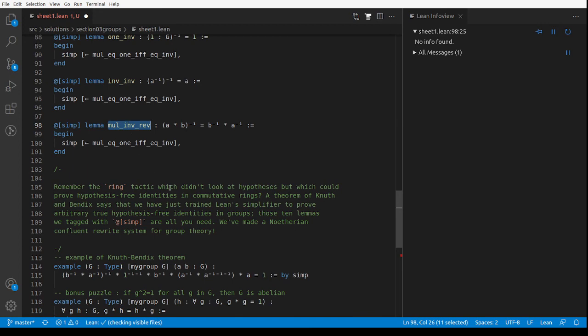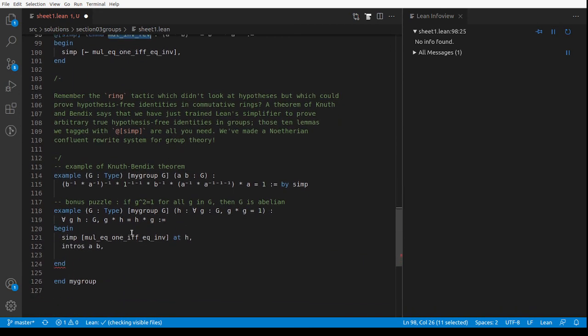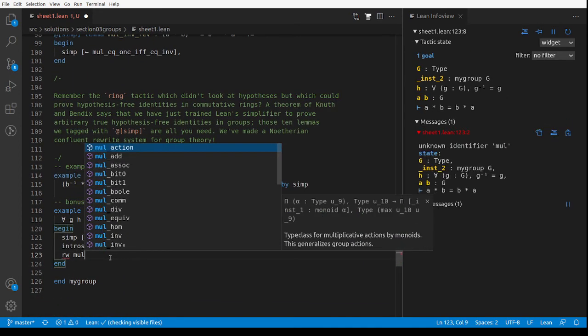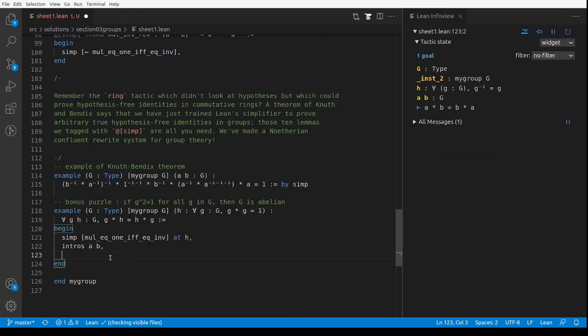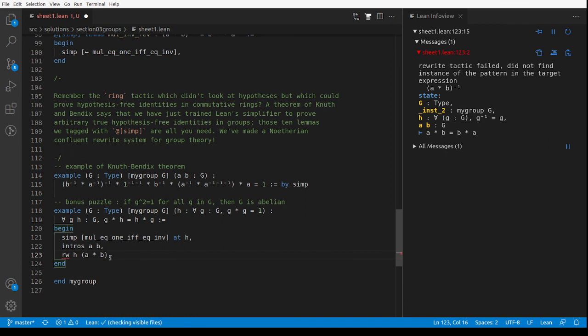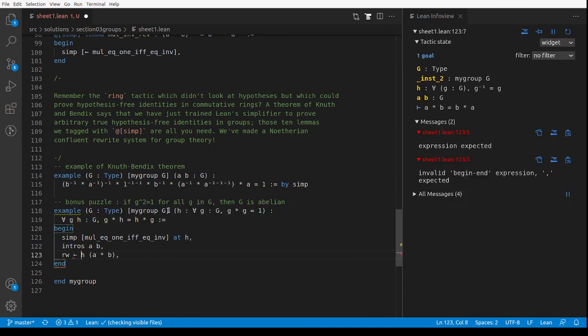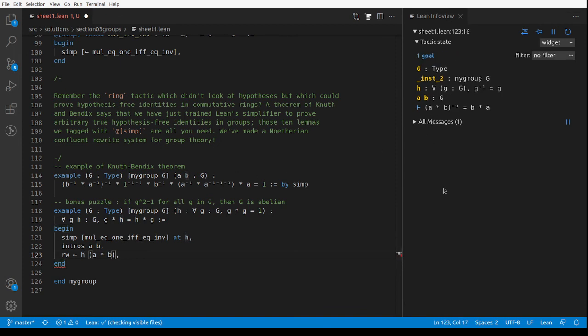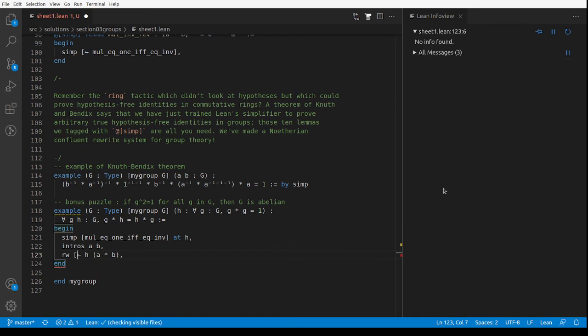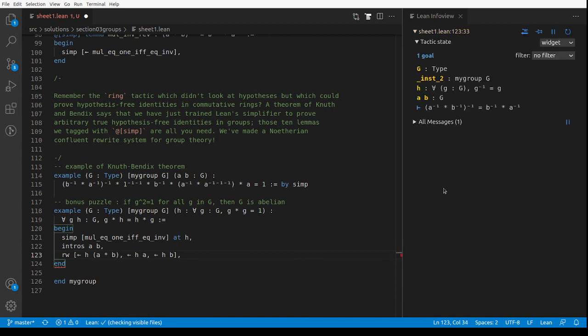Does mul inv rev want? Let's try rewrite mul. No. Sorry, I want to rewrite H of A times B. I think that's what I want to do. The other way. There. So I've changed the A times B to A times B inverse. So in fact, and that's right. I want to do this as well, don't I? HA and then HB. There and